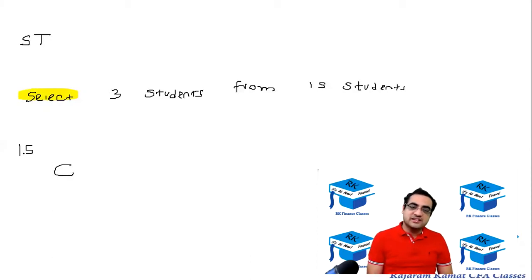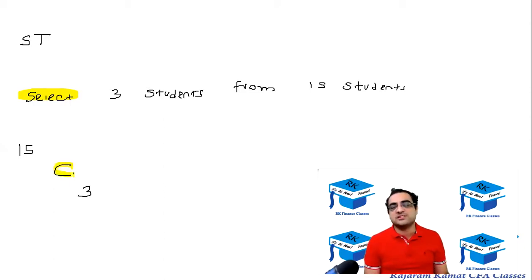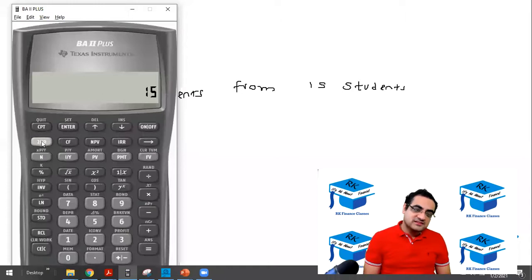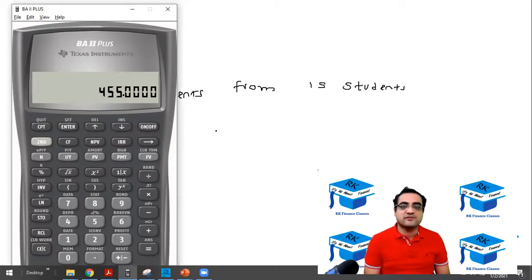Okay, from 15, choose 3. Don't arrange them, you have to simply choose them. You are not able to arrange them, so you have to simply choose them. So it's 15C3. If it was selecting and arranging, then permutation. So in how many ways could this be done? Let's see, 15C3. 15. Then second and for C it's this plus. So that's 15C3 equal to, it could be done in 455 ways.